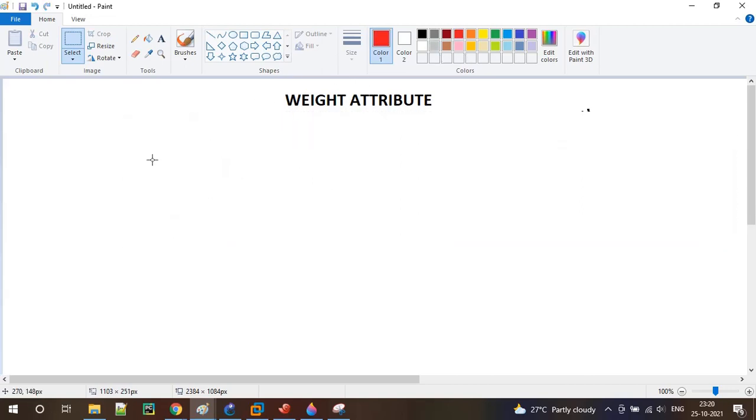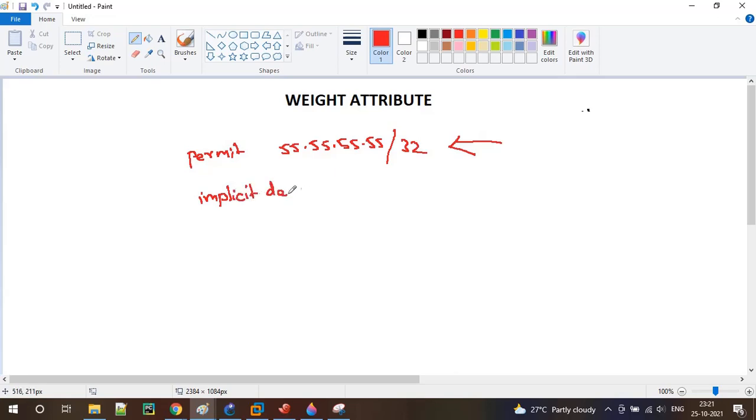Because here in our ACL, what we have said is we are going to permit only 55.55.55.55/32. We have written only a permit statement for this prefix, and at the end of the ACL, we have something called implicit deny, which will deny everything, right?